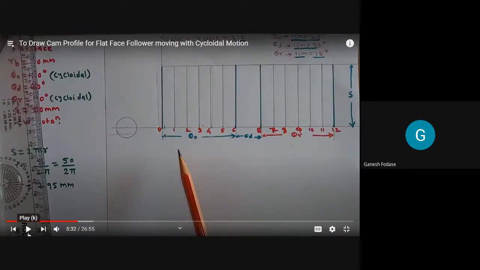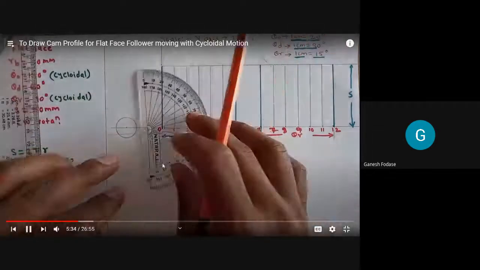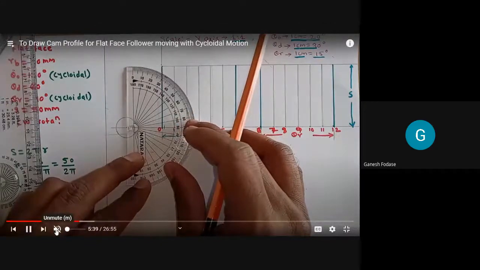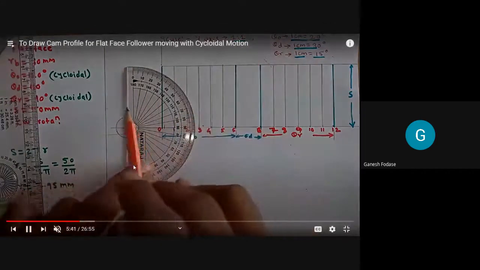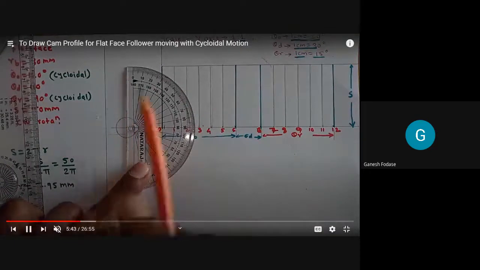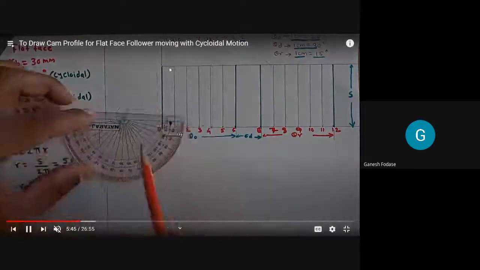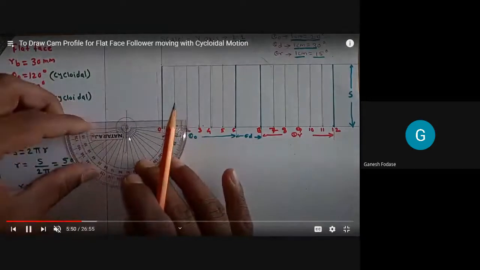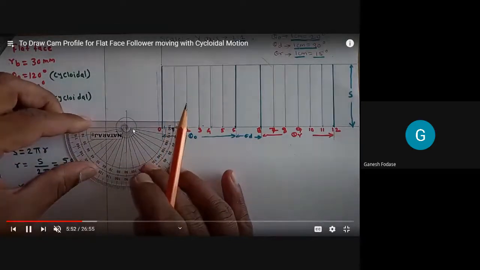Now see the next procedure, what to do. After getting this radius, 7.95 mm, we can draw a circle at a certain distance from this vertical axis passing through O, or I can say 0. Next, I'll explain through this video. You can see now. We have to divide the ordinate, or y-axis. We draw the y-axis here parallel to the vertical axis of the displacement diagram, and we need to divide this rolling circle from the first coordinates.